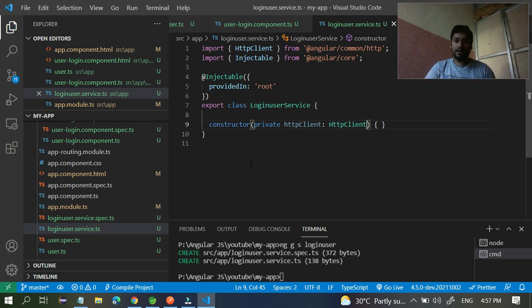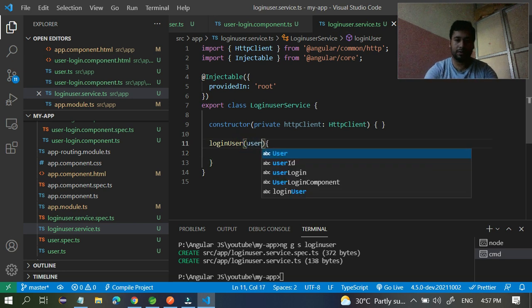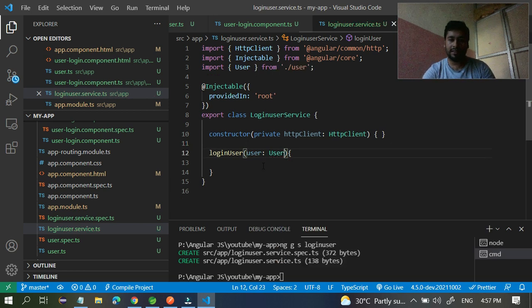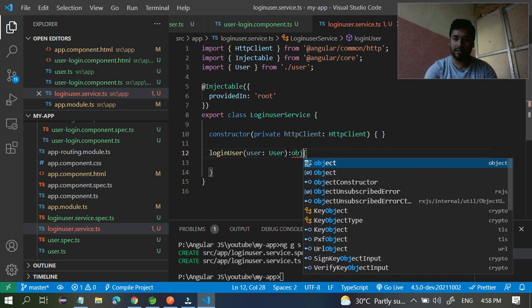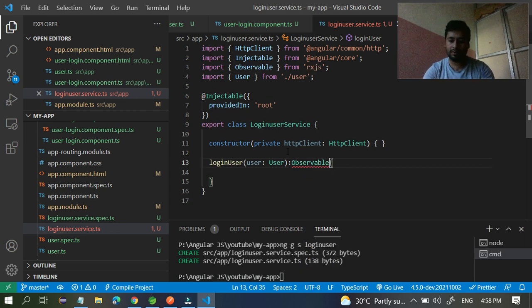Once you created it, you have to create a method for login users. So the login user method you created, and here you have to take the user ID and password. So user details, colon user type object, and once you take it, you have to observe which type the data is coming. So Observable of object type,